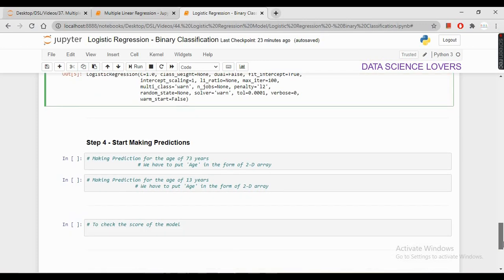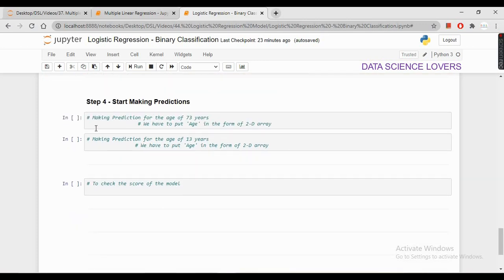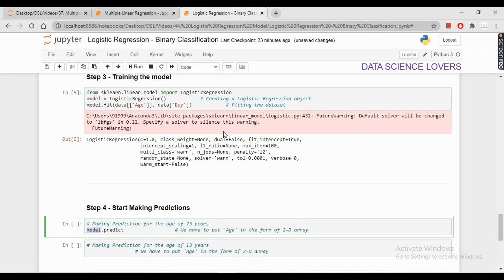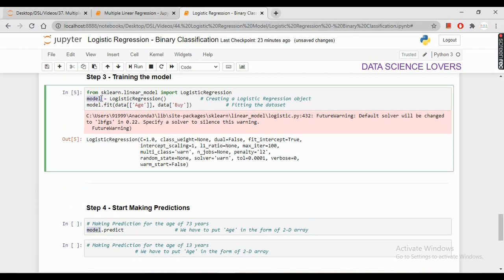Now we can start making predictions using this model. First of all, we will predict whether a person of age 73 years will buy the insurance or not. To predict, we will use the predict function like this. We have to use our logistic regression object that I have created here in the name of model.